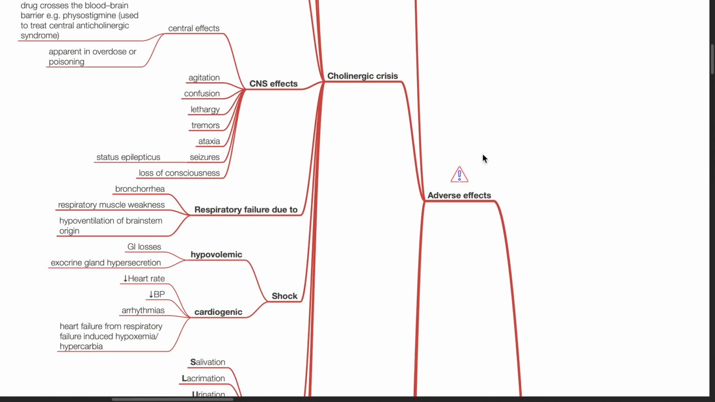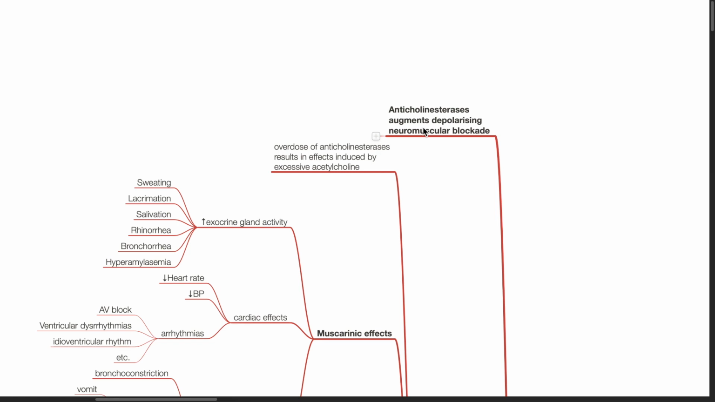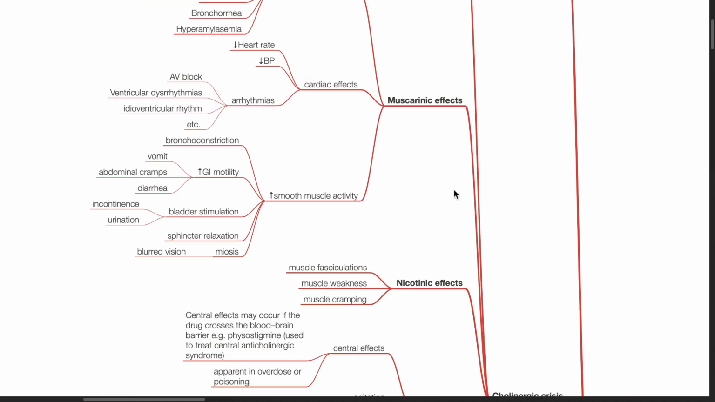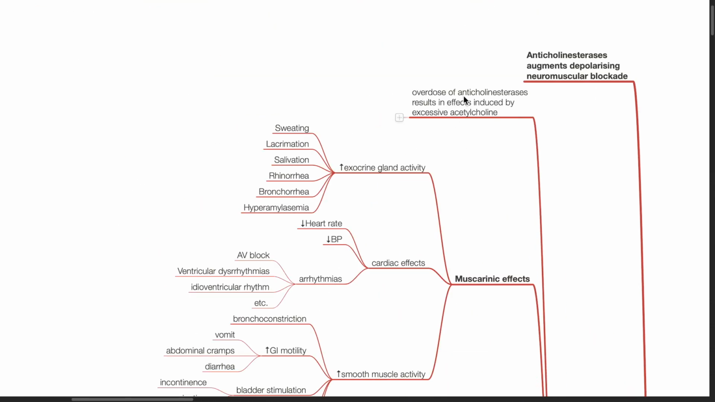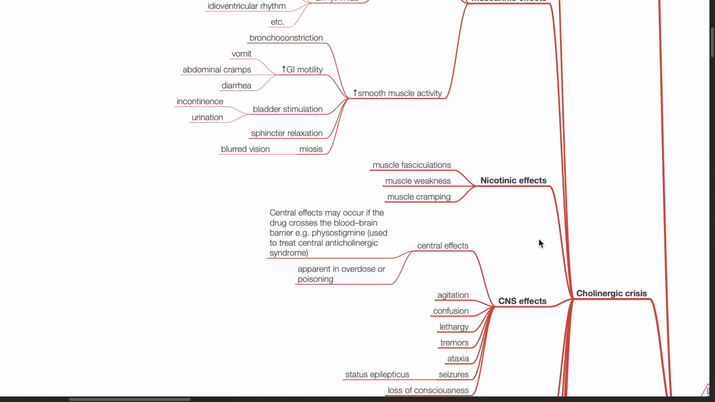Adverse effects. Anticholinesterases augment depolarizing neuromuscular blockade. They can cause cholinergic crisis. Overdose of anticholinesterases results in effects induced by excessive acetylcholine and results in muscarinic effects, nicotinic effects, and CNS effects,